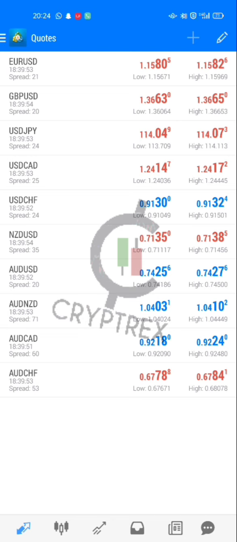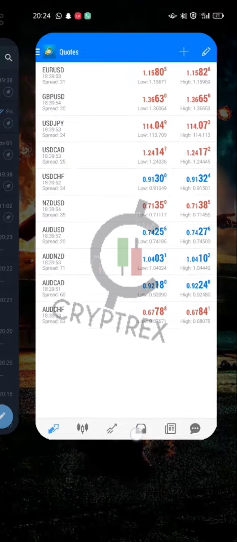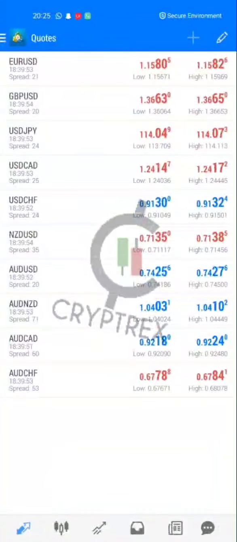Today's video I am going to show you how to execute trade signals from Cryptrex signal groups on your MetaTrader 4 or your MetaTrader 5. This right now is my MetaTrader 4. They basically have the same interface. They're basically the same thing. So I'm just going to use my MetaTrader 4 to explain, then I'll open the MetaTrader 5 briefly, but I want to make this video as fast as possible.